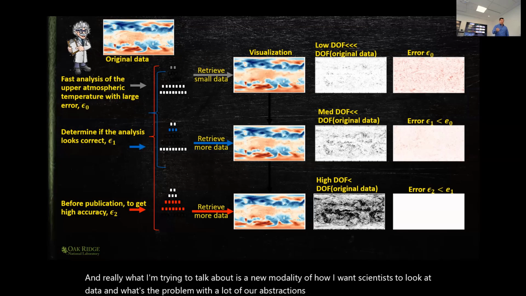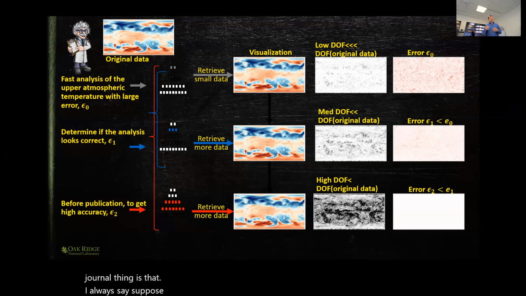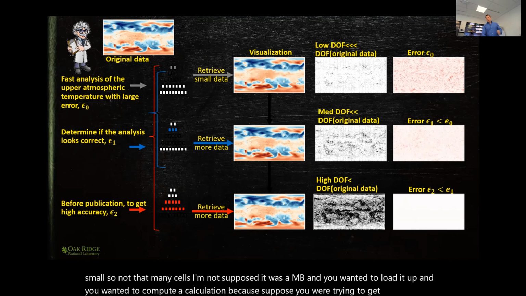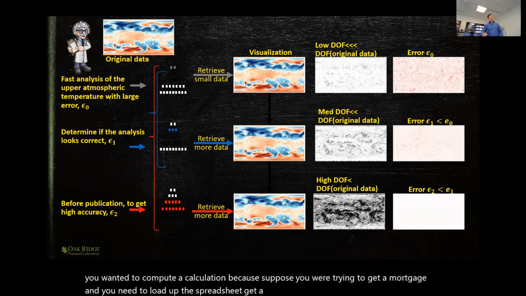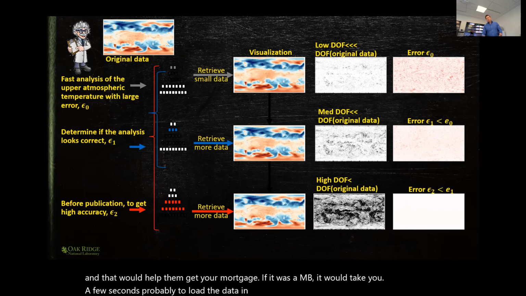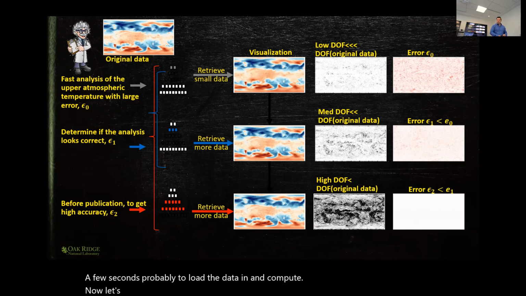So when I look at things, the general thing is that I always say, suppose you had a spreadsheet that was kind of small, so not that many cells. And let's suppose it was a megabyte and you wanted to load it up and compute a calculation, because suppose you were trying to get a mortgage and you need to load up the spreadsheet, get a calculation, and give an answer over the phone, and that would help them get your mortgage. And if it was a megabyte, it would take you a few seconds probably to load the data in and compute. Now, let's suppose 5 years later, it's not a megabyte, it's a terabyte,